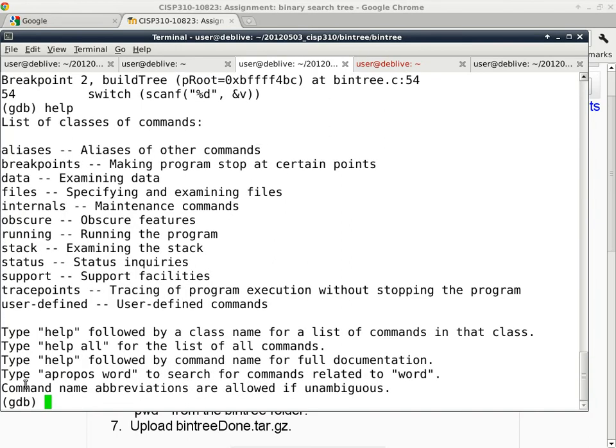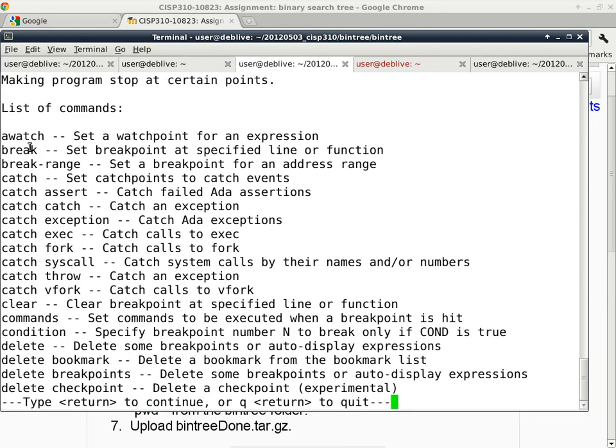Help. Okay, I think it's okay. Let's see: tracepoints, tracing without stopping, user defined, support, status. It's either status or running. I think it's one of those. Either running, breakpoints. Okay, let's do it alphabetically. So help breakpoints: break range, catch, command, condition,